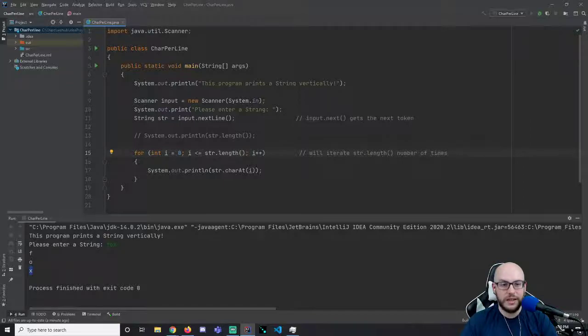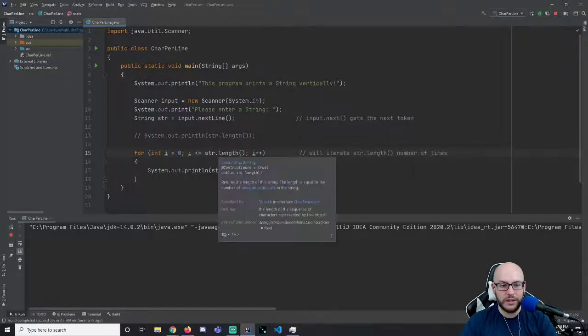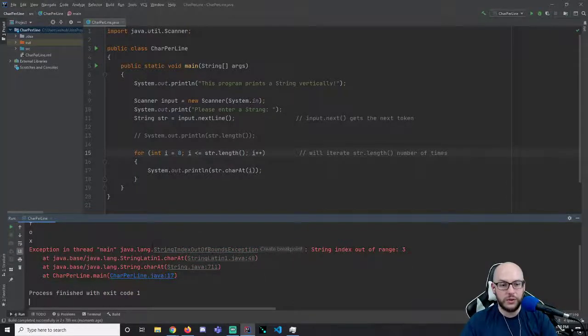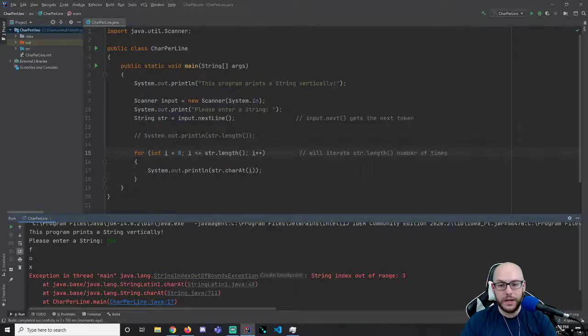right, I'm going to say I is less than or equal to string.length. And if I enter Fox, notice that we get a StringIndexOutOfBounds exception. It actually tells us right here. We tried to access an element at index 3, and that is out of bounds. Simply put, that last iteration, we do an I++, I becomes 3. We would ask, is 3 less than or equal to 3? We would enter the body and try to get the character at index 3, and that is what's pushing us